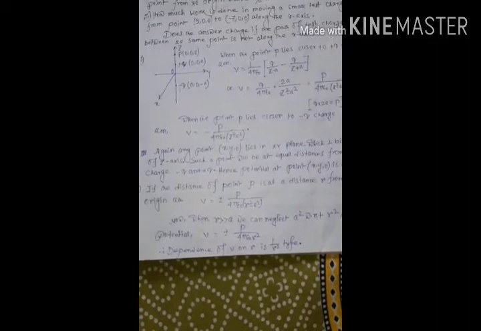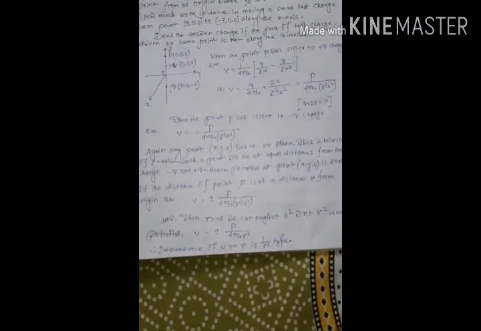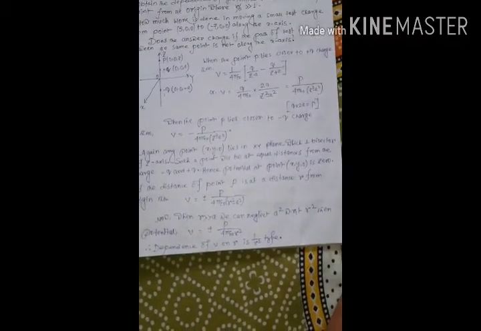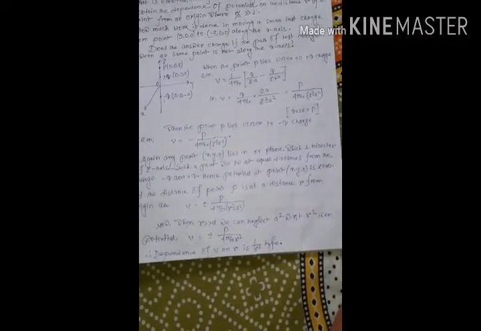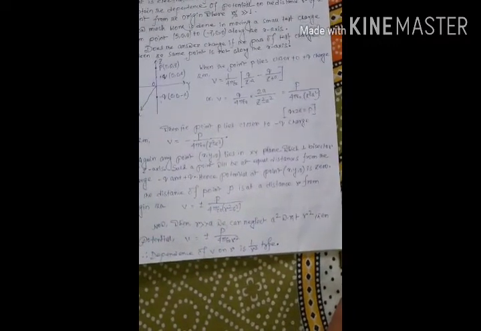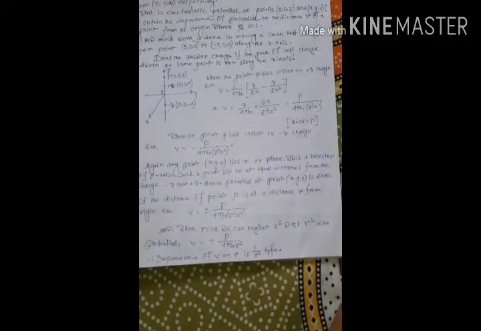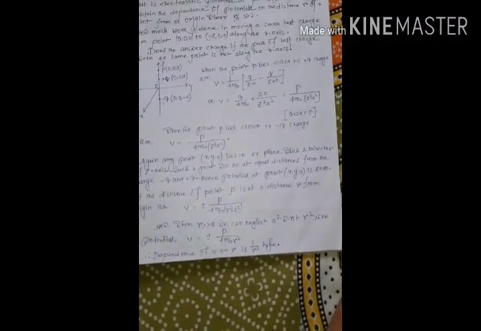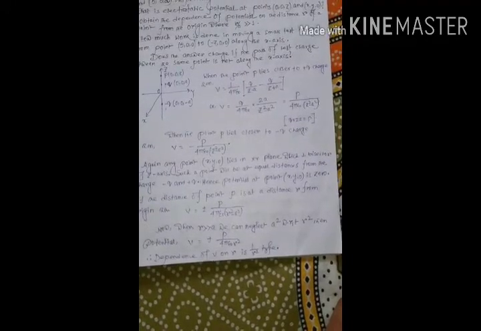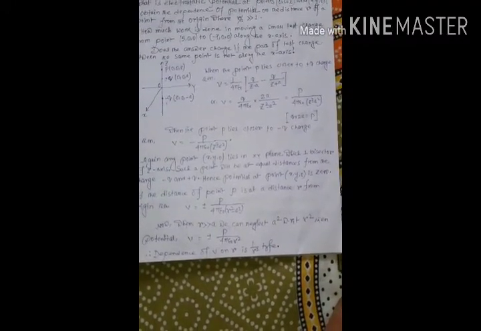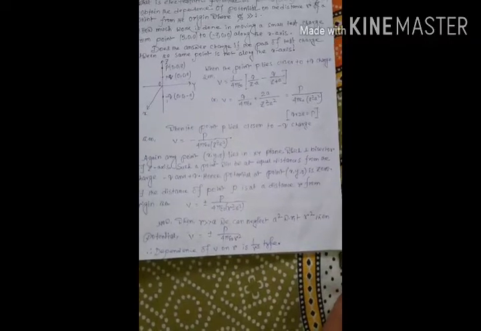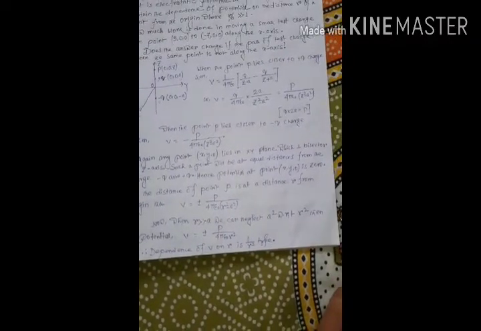For the point (x, y, 0), you have to remember one thing. The point is situated in the xy plane, which is the perpendicular bisector of the z axis. Means the distance of this point from the plus q charge and from the minus q charge are the same. So the potential created by these two charges, having the same magnitude but opposite nature, is positive for the plus q charge and negative for the minus q charge. Therefore the net potential at the point (x, y, 0) is 0.